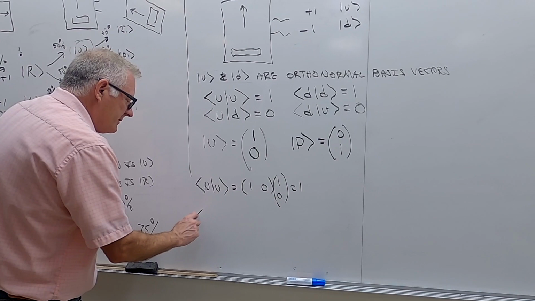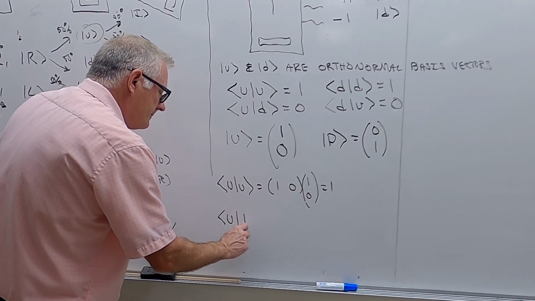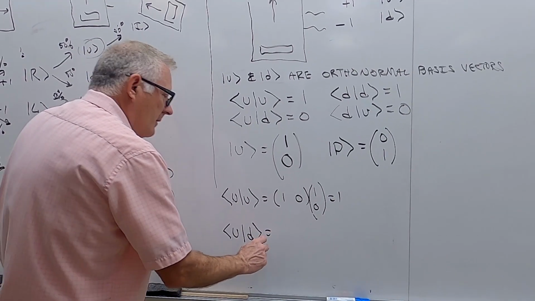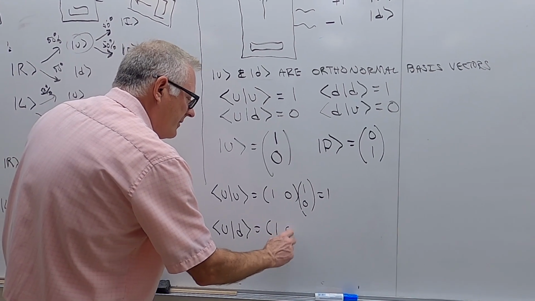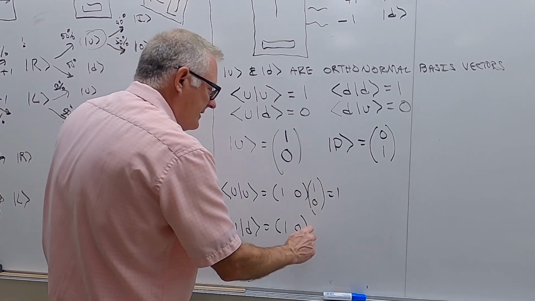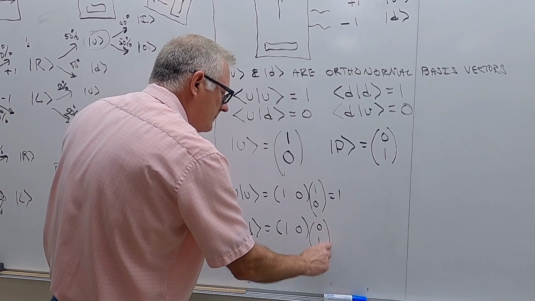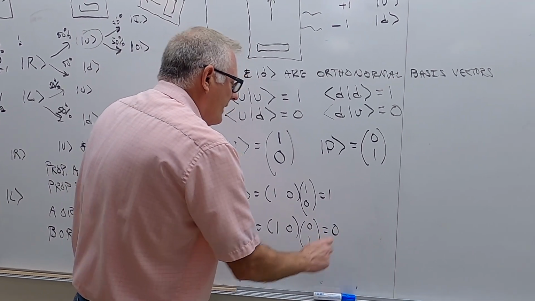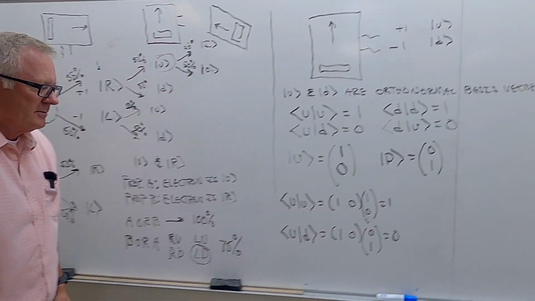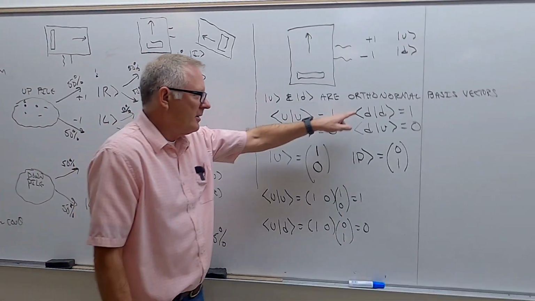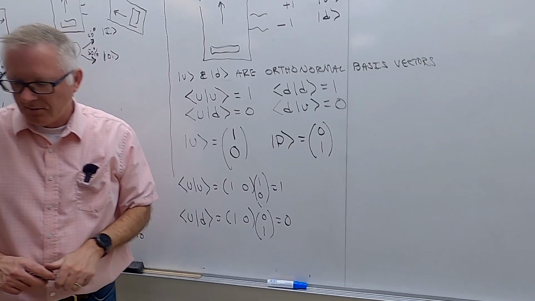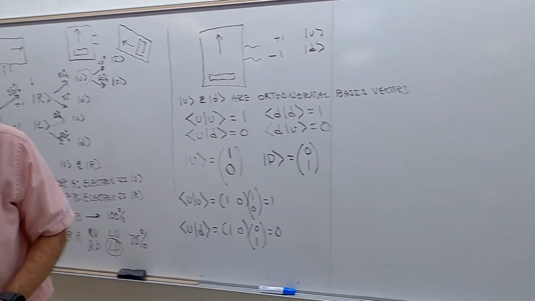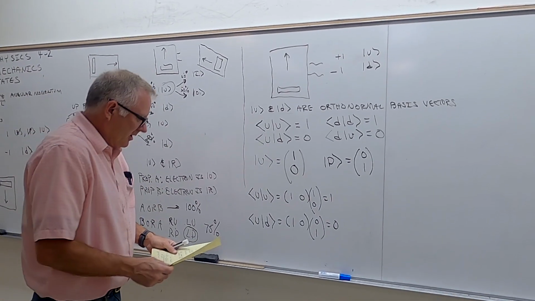Now if we do, say, an up and a down, well, this is still 1, 0, and then down is 0, 1. If we multiply this, that's 0 plus 0, which is 0. The other 2 will give me 0 and 1 right here. This will give me 1, that will give me 0, just to show that. Okay, so